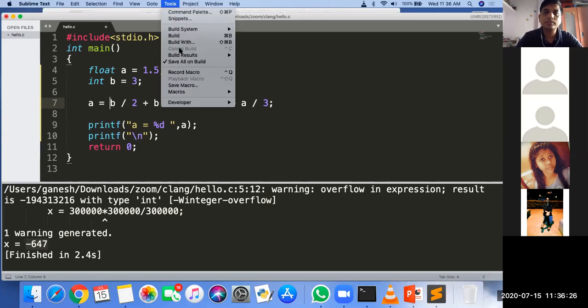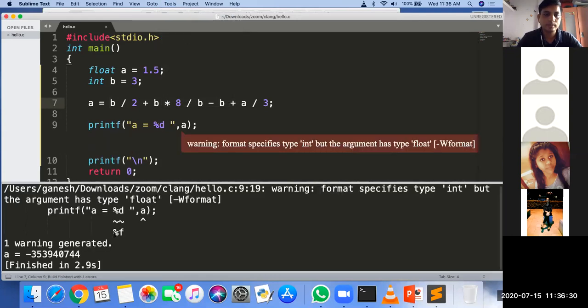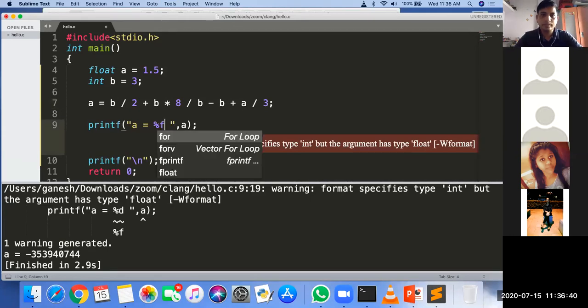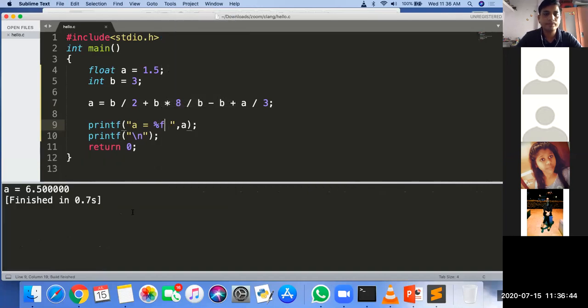Okay, so we'll first check the answer. I need to correct my program: it should be percentage f. Okay, 6.5. You told 7.5, no? Yes, sir, 6.5. 6.5 is the answer. Okay, so let's see how it comes.